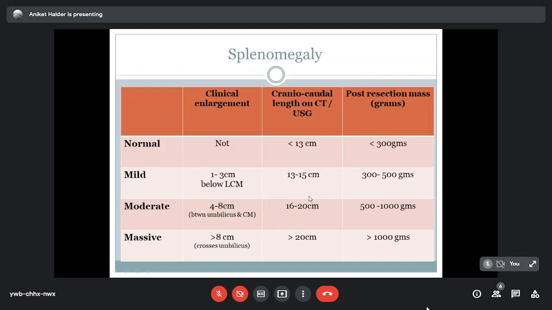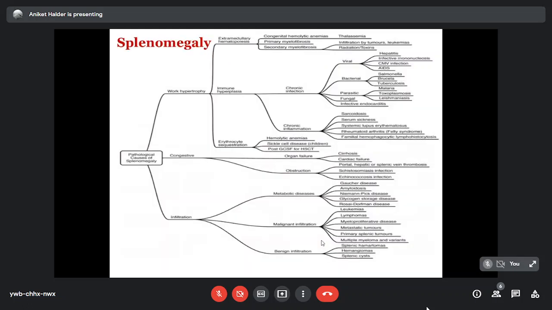But more actual assessment of this splenic enlargement can be done on a CT or a USG, where less than 13 centimeter is considered to be normal, whereas a craniocaudal length of more than 20 centimeter should be considered massive splenomegaly, and the post dissection mass, if it is more than 1 kg, is usually associated with massive splenomegaly. So the causes of splenomegaly,